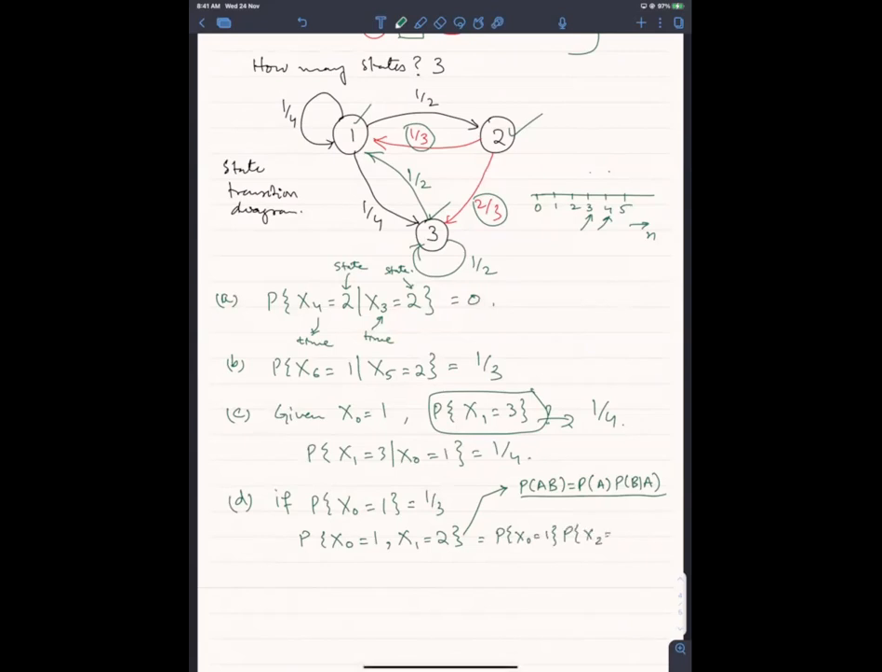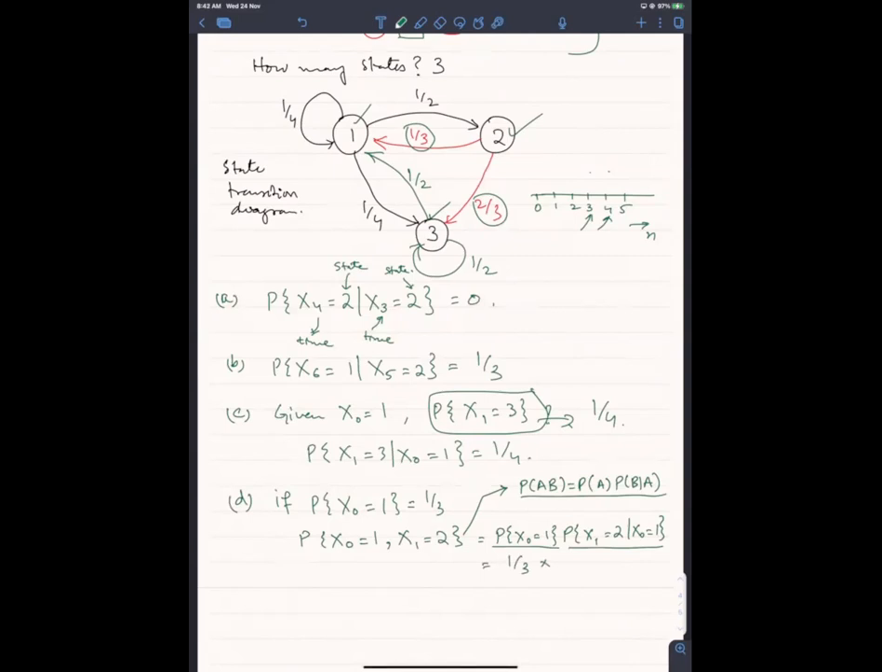x1 is equal to 2 given x0 is equal to 1. Okay. What is this probability? We will tell the first one first and then the second one. What is the probability x0 is equal to 1? It's just given to you. It's 1/3 multiplied by